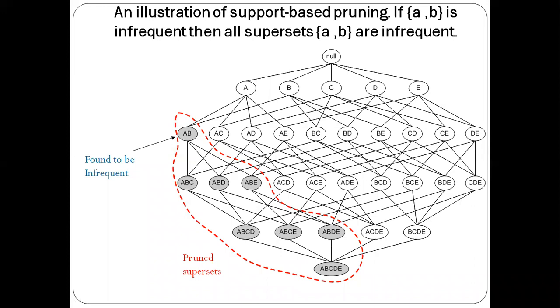We are reducing the search space required to find the candidate item sets. We don't need to consider all these item sets. Using the support, we are reducing the number of candidate item sets. That strategy is called support based pruning. Pruning means removing. We are removing these item sets from the frequent item set generation process, because according to the a priori principle, we already know that if this is infrequent, then all the supersets will also be infrequent. So this is about the a priori principle.